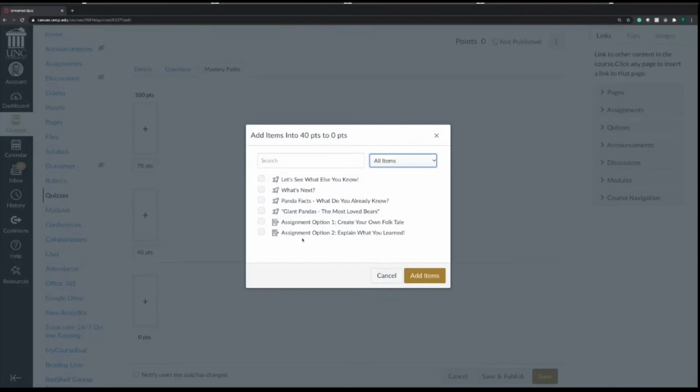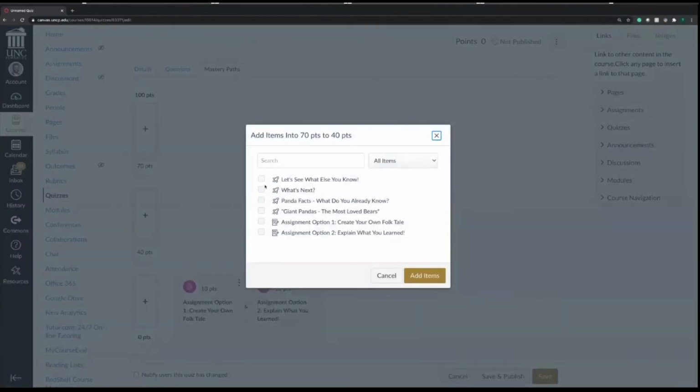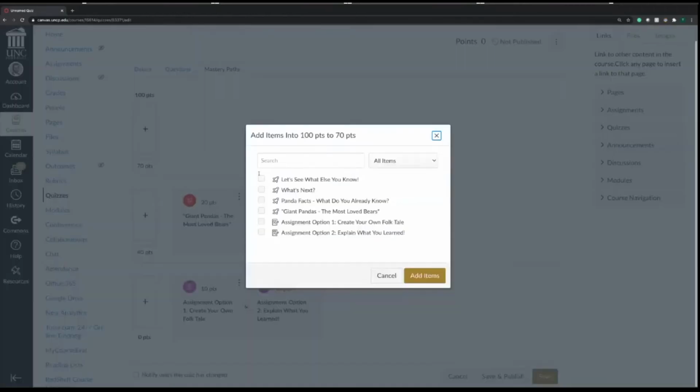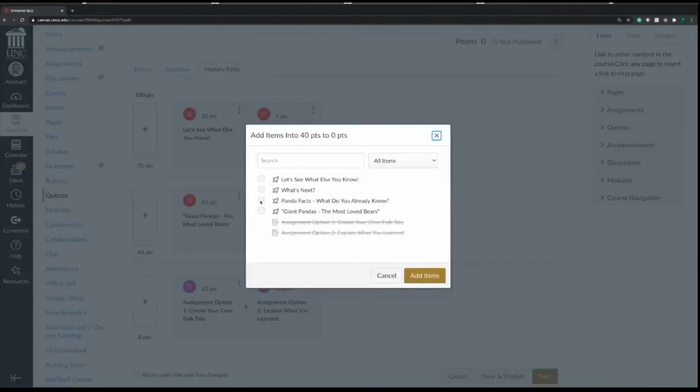So you can see that these are all assessments, and these are assignments, right? You can say, okay, if they make that grade, then they're going to go here. You can say and, okay, if they make this grade, they're going to go here. And if they make this grade, they're going to go here. Or you can even say, they make this grade,